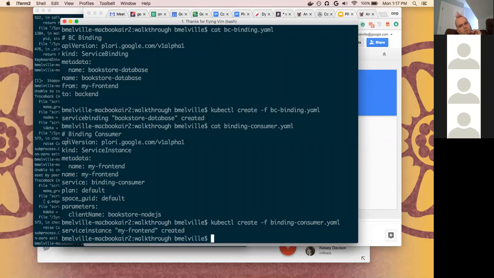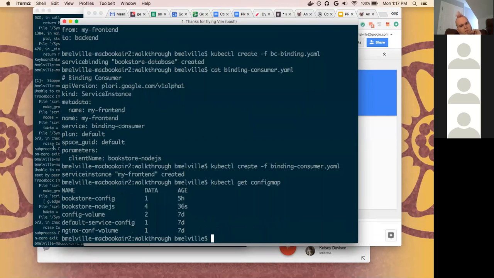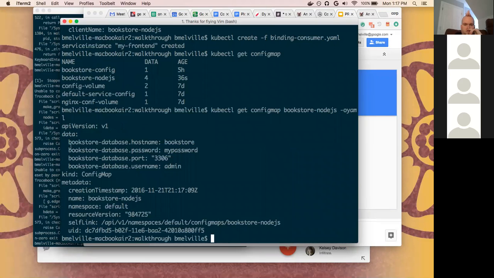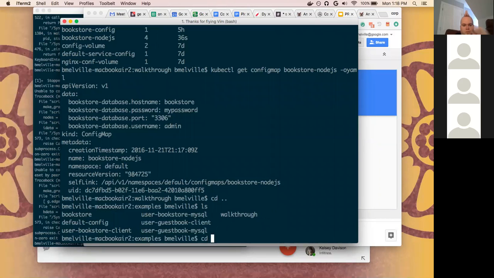Yeah, no problem. So that created a config map, I believe, called bookstore Node.js, and we can see that here. And if we go and look at it, that has all of the necessary things. We just created a config map because that's the easiest way to demonstrate. But as we've described before, that would really be a secret and a config map and a service. Now that we have that, we can spin up a